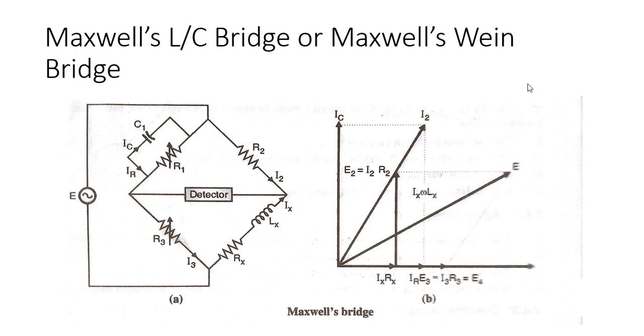If you see the phasor diagram of this Maxwell's bridge, it is given over here. If you are clear with how the phase shift varies with respect to the inductive and capacitive components of the circuit, then you will understand this phasor diagram very easily. Just see which thing is leading and which is lagging. If capacitance is there, current may be leading, and if inductance is there, then voltage may be leading. Compare all the other phasor diagrams, write on paper, and you can get the idea.